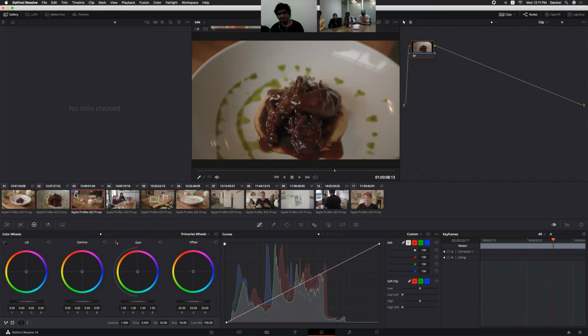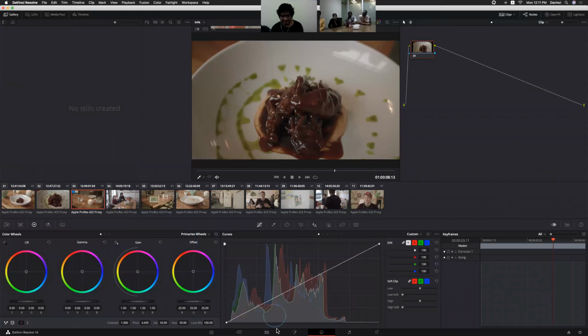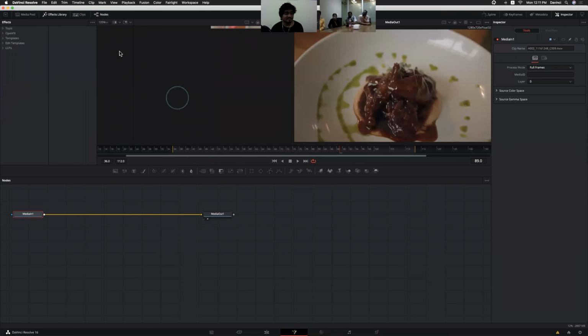Maybe if you want to adjust the saturation of this clip, you can add a tag to that clip. You can mention it so that the color guy can make the changes to a particular clip. We can see the tags even in the color page also, so that the color guy can know what they want to do with that particular clip. Okay, same thing with the Fusion page also. You can see the clips and everything.